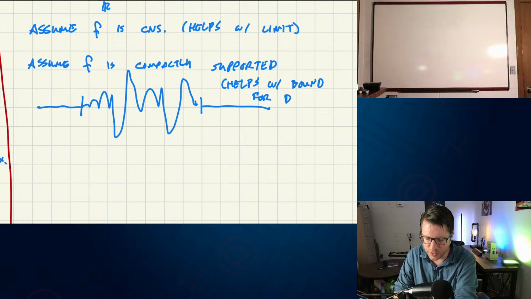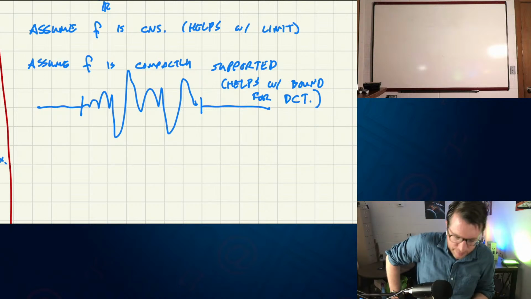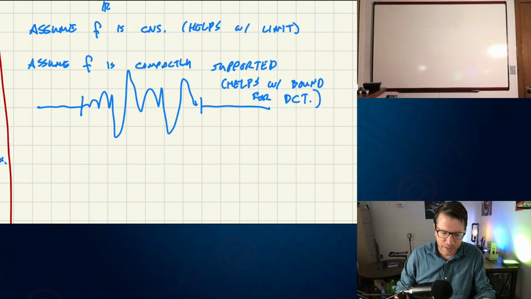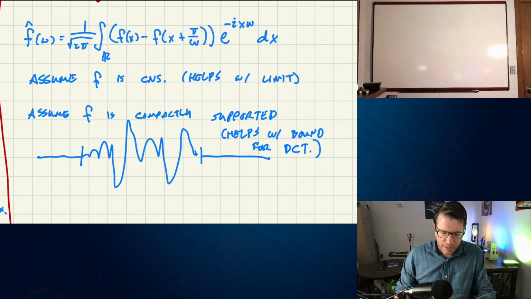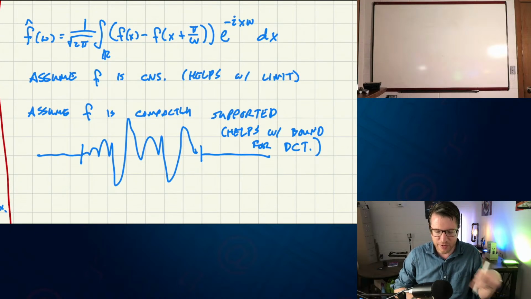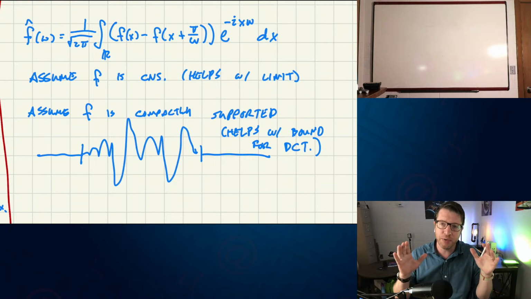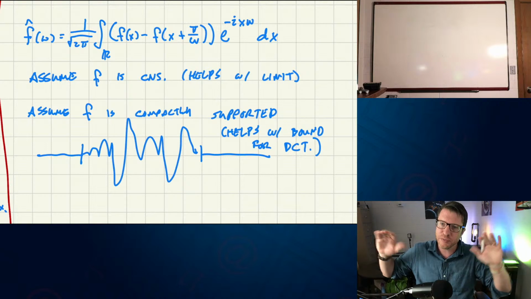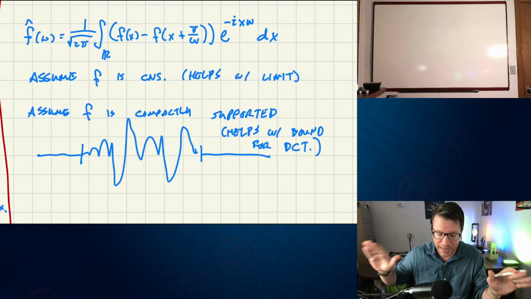For the dominated convergence theorem. Okay, so let's go ahead and talk about that then. Now we have a continuous function, that's great, and we have a compactly supported function. We're hoping we'll be able to take this back to all L1 functions, but for now we're just going to live with what we have now.